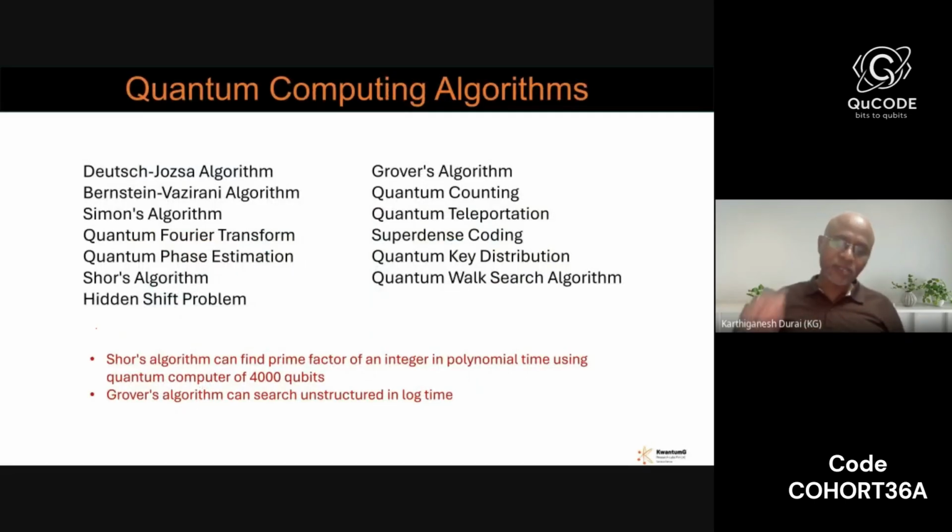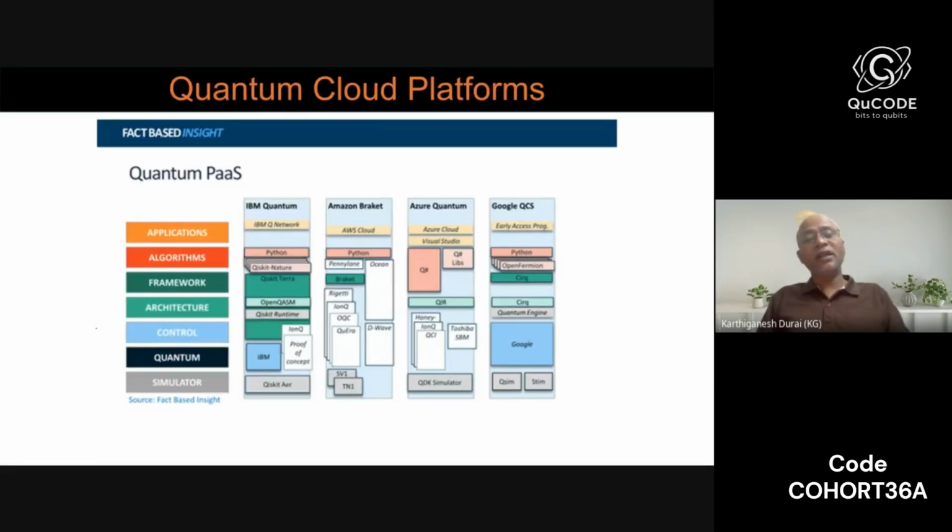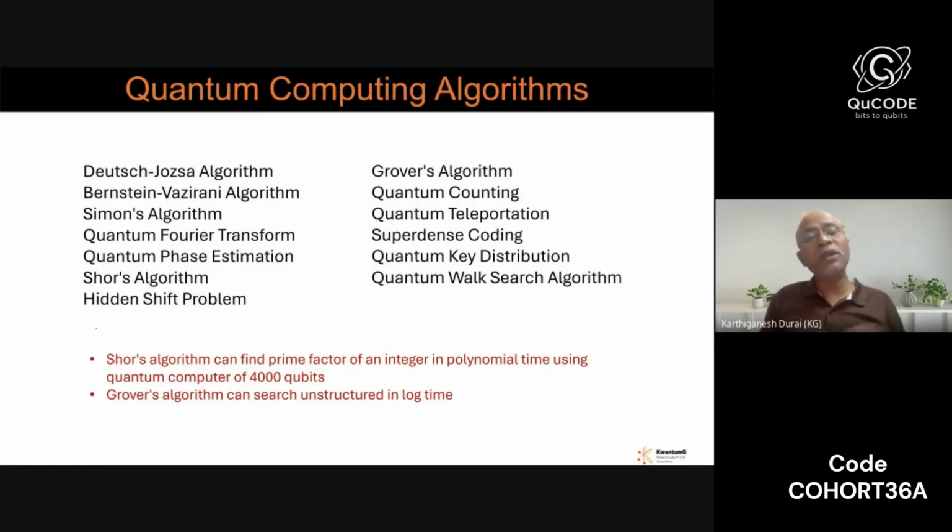So actually, after learning this programming framework and getting access to this cloud, what are you going to do? You are going to build quantum computing algorithms, because we are in the first generation, correct? If you are in the second generation or third generation, we can directly build the solution. But now, being first generation, we should know all the basic quantum computing algorithms, and I strongly recommend learning in the order that I have given.